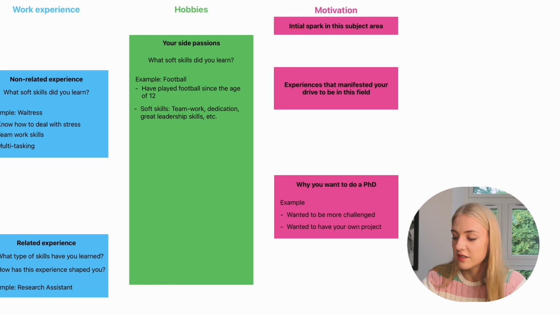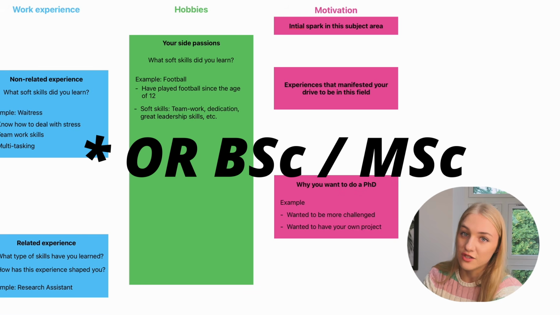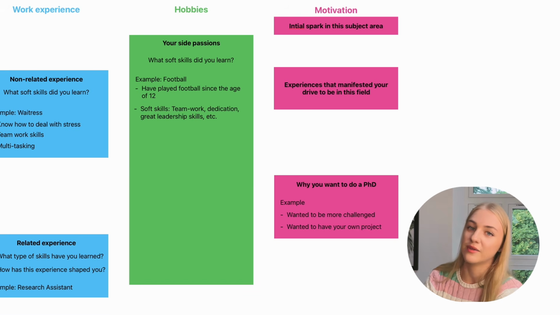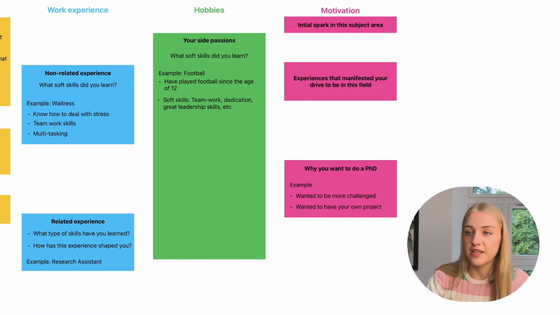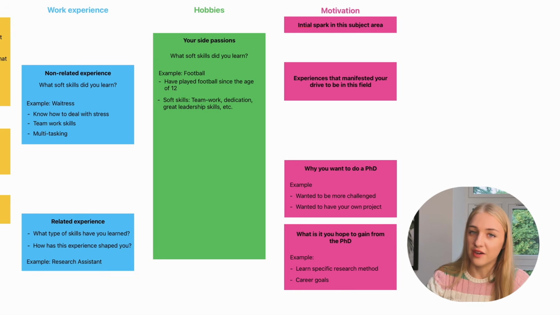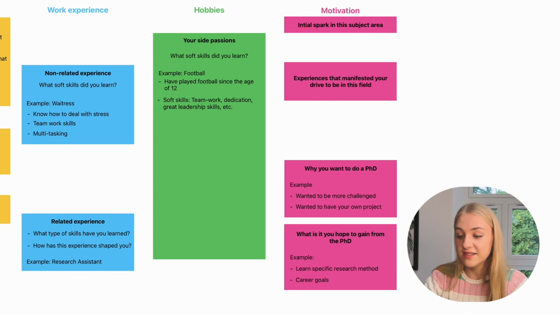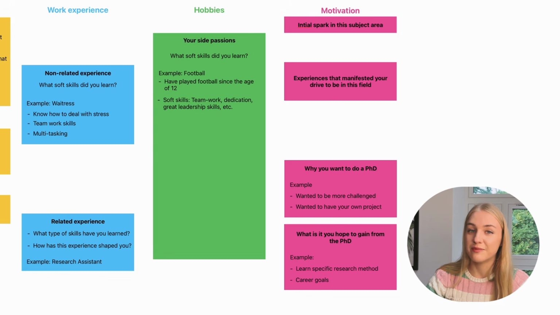Also think about, why is it that you actually want to do a PhD and not just be, for example, in the industry as a researcher? Think about, what do you want to gain out of this PhD? Because at the end of the day, they want to see that you're doing the PhD for a reason as well. What is it about this PhD position that gives you the skills that you want to use in the future? So if you want to be a scientist, and you're applying for a PhD that has a lot of wet lab skills, mention, for example, a specific experiment or a specific method that was mentioned in the description of the PhD.